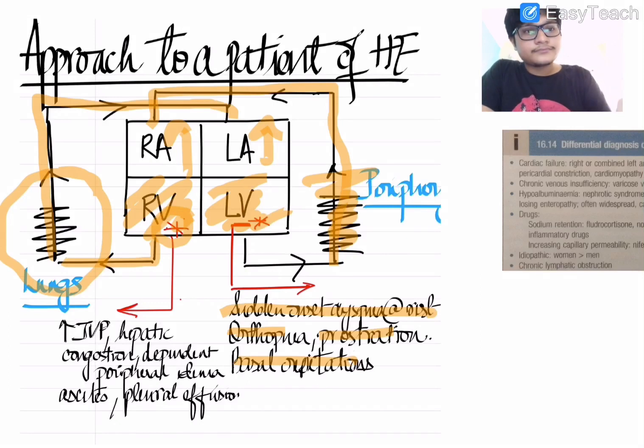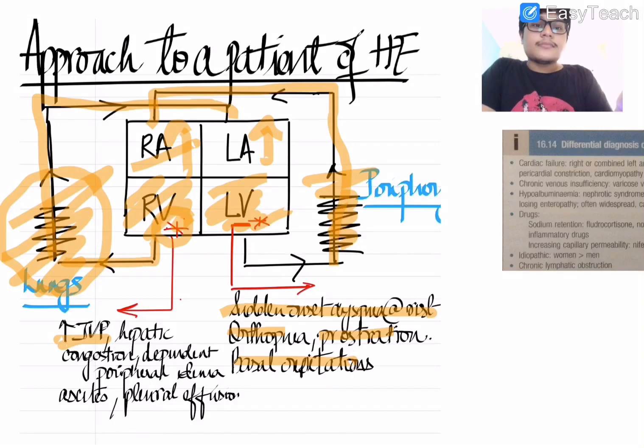Over here the symptoms of pulmonary edema will not appear. Instead, due to back pressure on the right atrium, there will be an elevated jugular venous pressure, and also the pressure will be transmitted to the peripheral organs, leading to hepatic congestion, peripheral edema, ascites, and there might be pleural